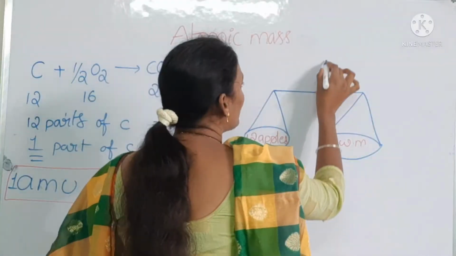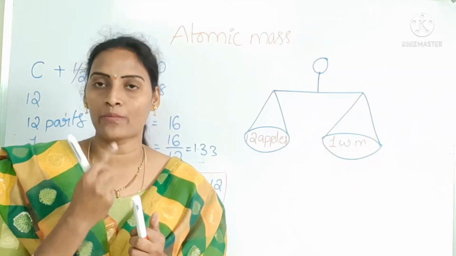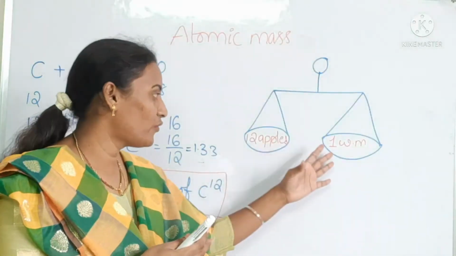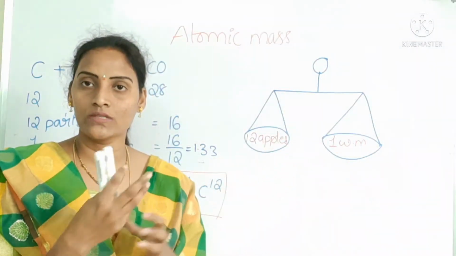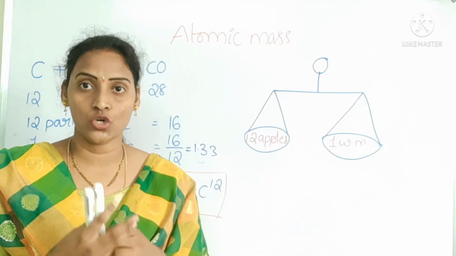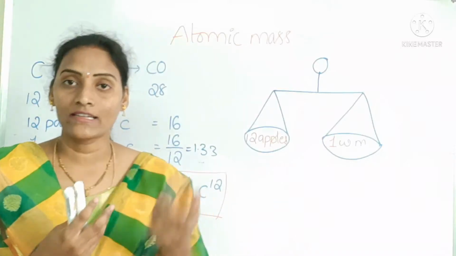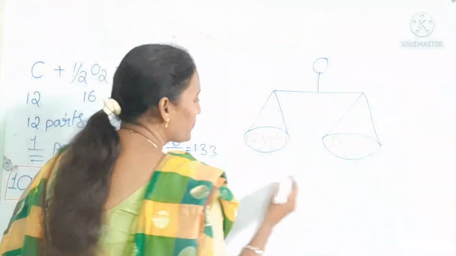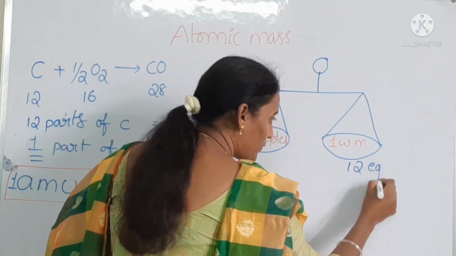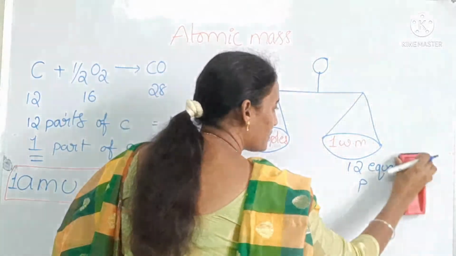But the problem is here: how can he sell one apple, two apples, three apples? It is easy to sell 12 apples by using one watermelon's weight, but it is not possible to sell one apple or two apples. At that time, see, he cut this watermelon into 12 equal pieces, students.